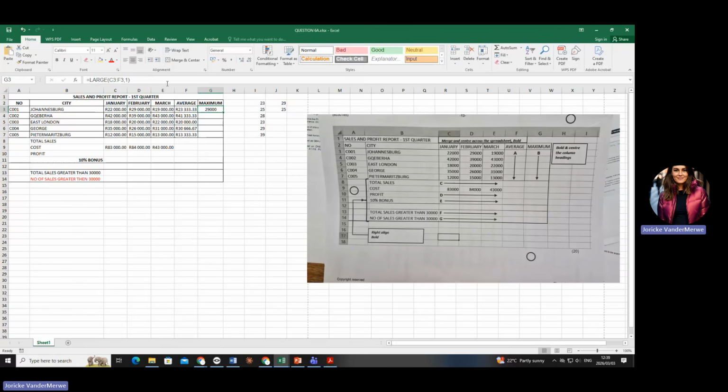But that's not correct to use if you want the biggest number. If you want the biggest number, you are going to use max. Are you with me, darlings? Do you see the difference? It's going to give you the same answer, but I want you to understand the difference between large and max and small and min. Do you understand? So when we're talking about second youngest or second fastest, we're going to make use of the large and the small.